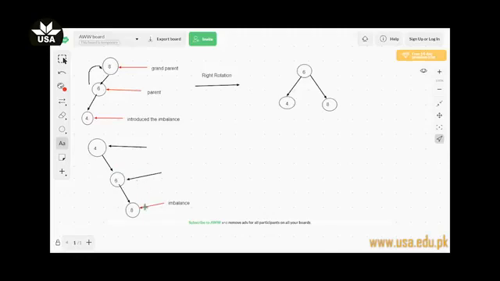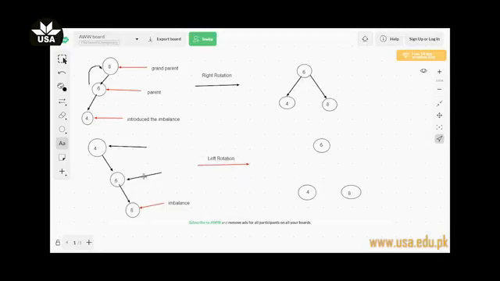Just like the previous case, this is the node which has introduced the imbalance, so the grandparent will pay the cost. In this case, the cost will be a rotation on the left side. As the tree is currently growing towards the right side, there is no left subtree, only a right subtree. So we will rotate the tree on the left side. The grandparent will be rotated around the parent on the left side. After the left rotation, we will end up in this situation.